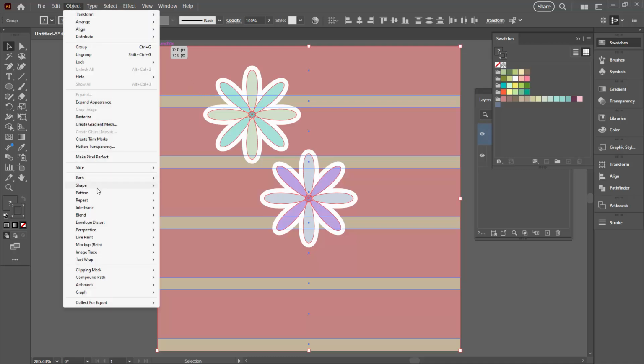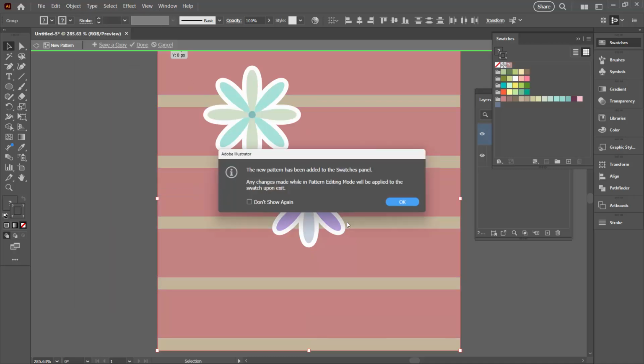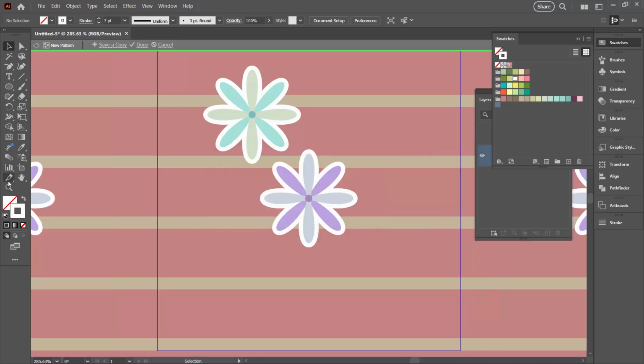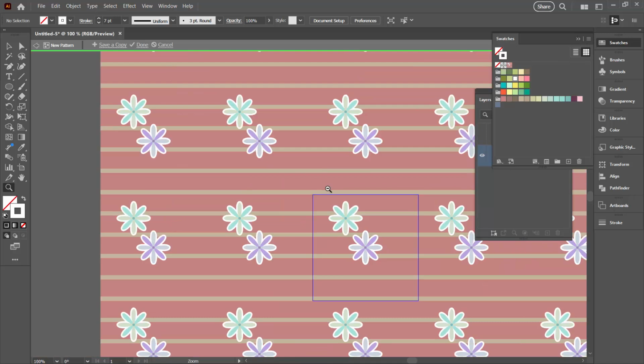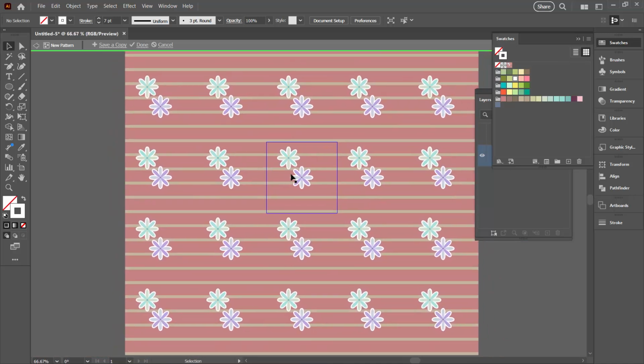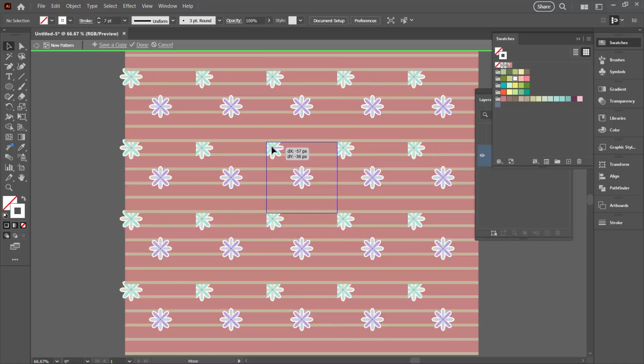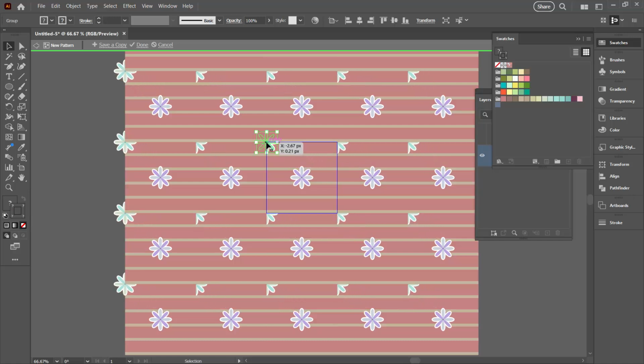I'll choose Object, Pattern, Make. Click OK. I'm going to zoom out, so I'm clicking on the zoom tool and just zooming out so I can see everything. The middle flower here is in the exact correct position, but this one's not. I'm going to move it so that it's over the corner of the shape. So you can see it's centered over the corner of the shape, but you can also see that it is